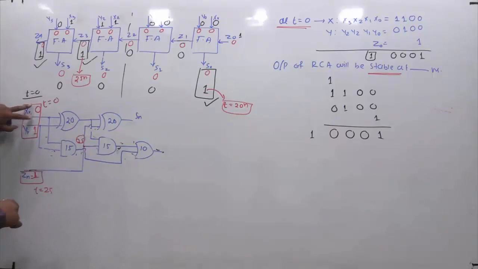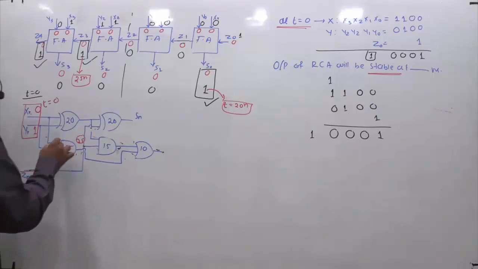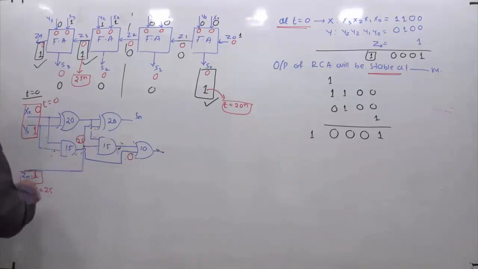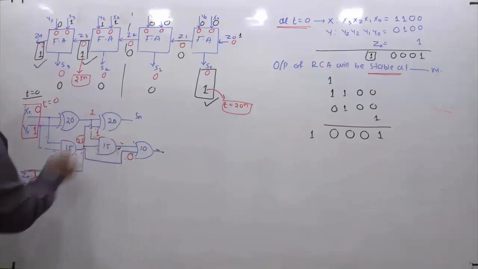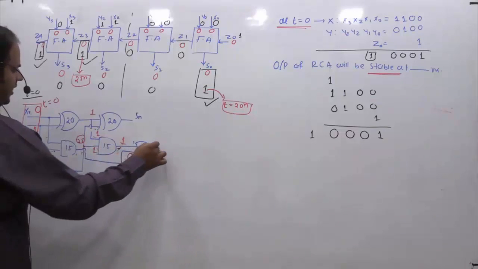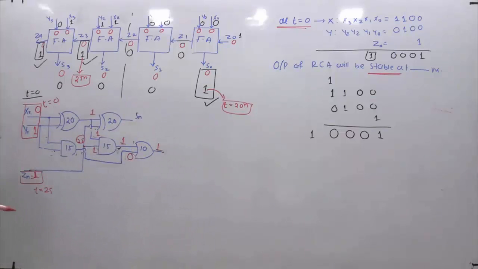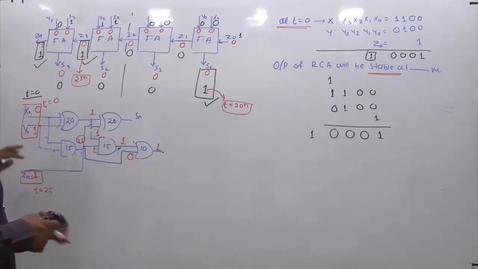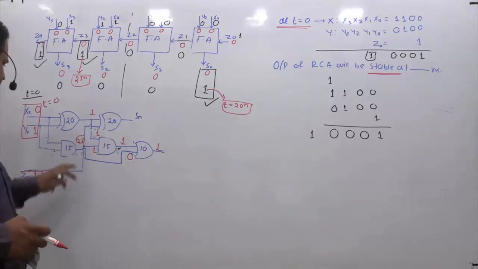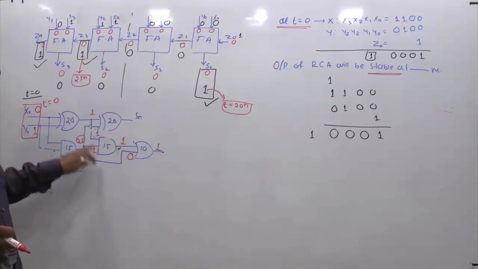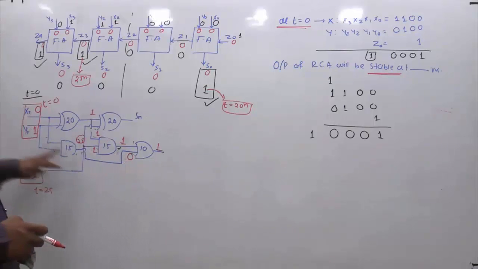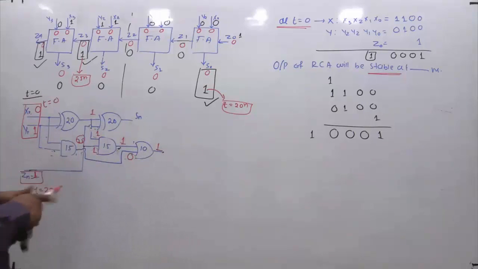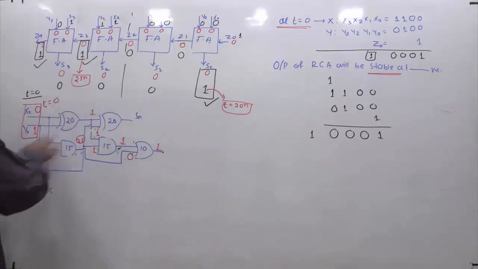Now see, if the input is 0, 1 to this, then what is this particular output? This is 0, and if it is 0, 1 to this, then this is 1, so this is also 1, and 1 and 1 gives 1. So the input is 0, 1, and this output is 1. If this is 1 and this is also 1, then 1, 1 gives 1. And this input is 0 on me, so this is 0 and this is 1.